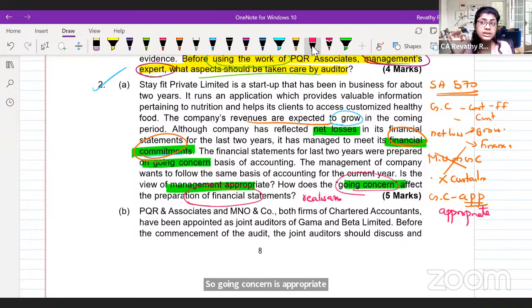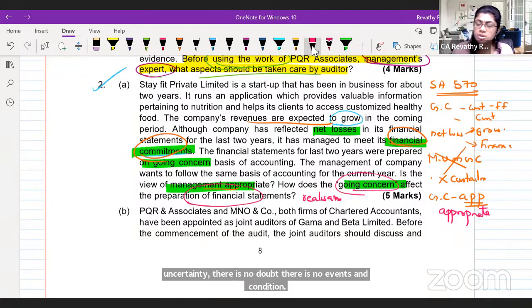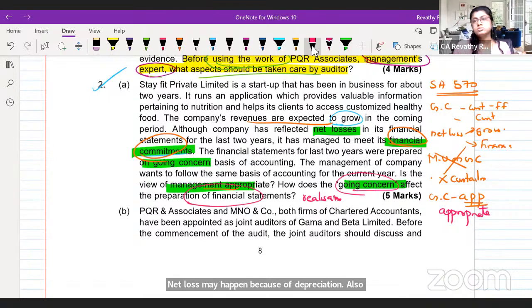Is there any uncertainty, guys? Answer is no. There is no material uncertainty. There is no doubt. There are no events and conditions. Net loss may happen because of depreciation also. Net loss alone is not an indicator. So those who said material uncertainty,